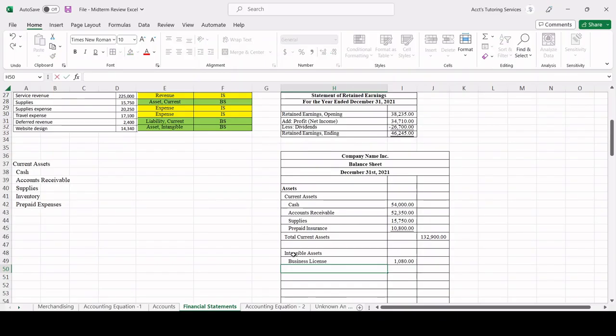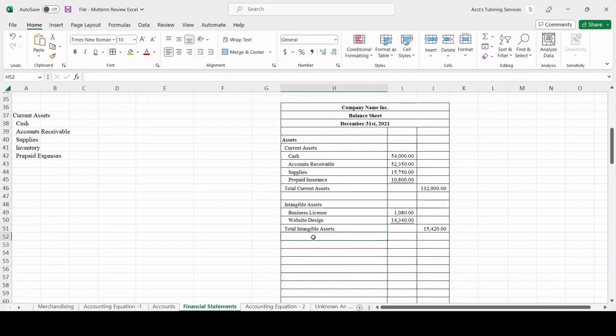Remember, 5 times. 1, 2, 3, 4, 5. This is only if you're using Excel. If you're writing it out, please just indent it and make it look very clean, right? Clean. And the website design is 14,340. We're done with our intangible assets. So now we're going to calculate the total. Once again, underline, we're going to calculate total intangible assets. And this is going to be for the 1080 plus the 14,340,